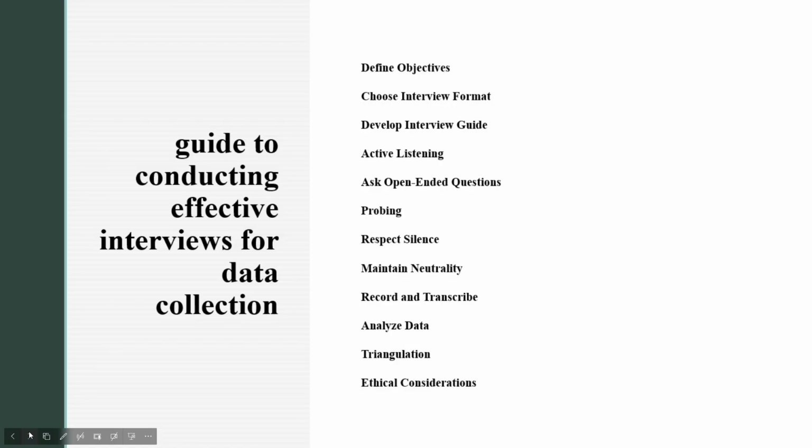Determining the appropriate format, which will be based on what kind of research and what the nature of our study is. Common formats may include structured, semi-structured, or unstructured interviews. Then, developing an interview guide. Create an interview guide that outlines the main topics or themes to be covered during the interview. It should include open-ended questions that allow the participant to respond in depth so that we can analyze